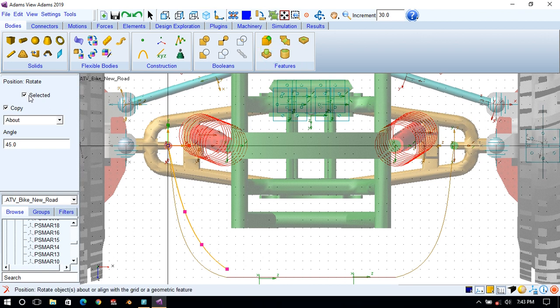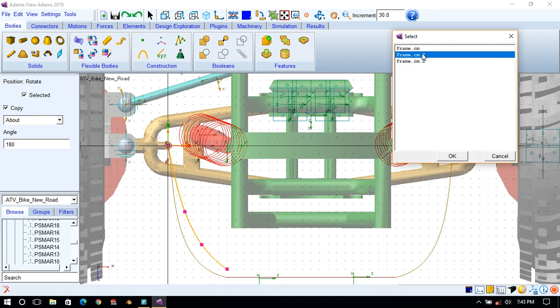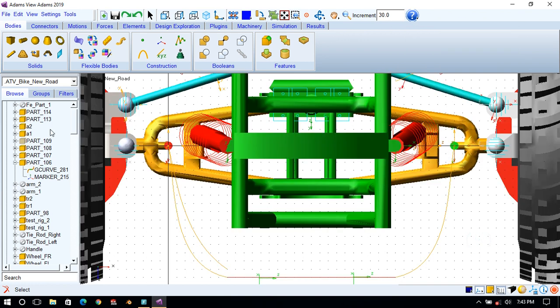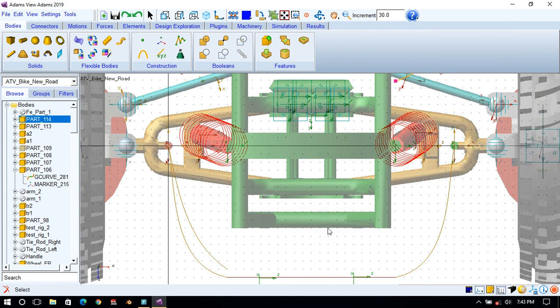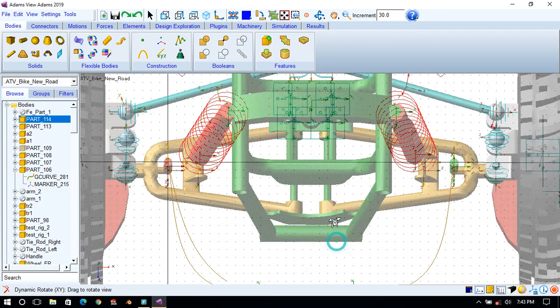So click, check this selected part, then copy, and the angle is 180, and then we have to use this line, or we can choose the y direction of that center of mass marker. Okay, so part 114 is created.